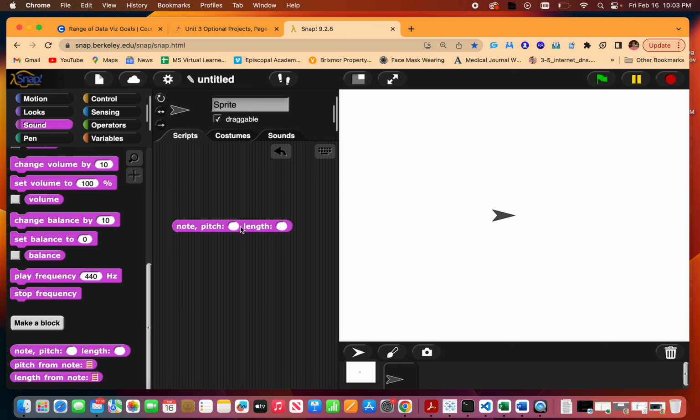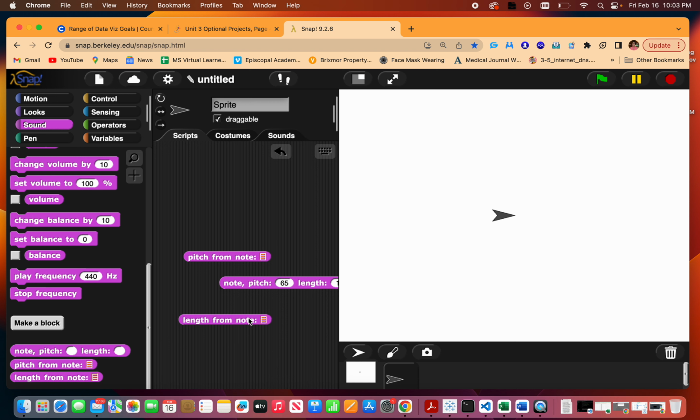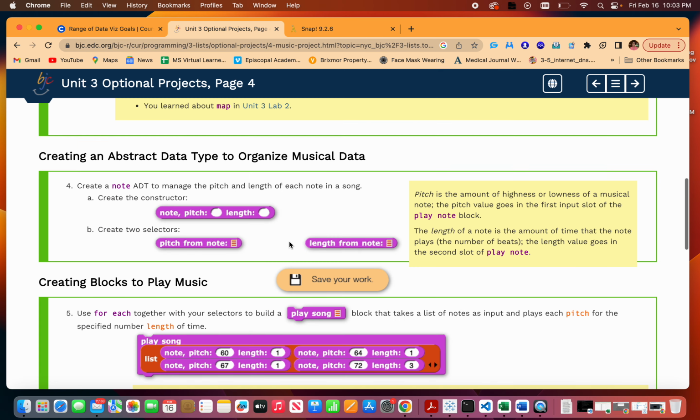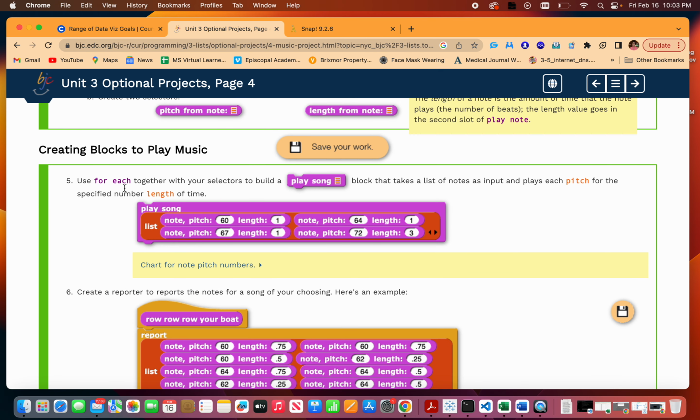So for example, if I put a note here for 65 and I have a length of 1 second, if I were to drop this in here, it reports back the number 65. And if I were to drop this in here, it'll report back the number 1. That'll be important later. Might not make sense to you now while we're doing this, but it'll come. So we're going to use it for each loop